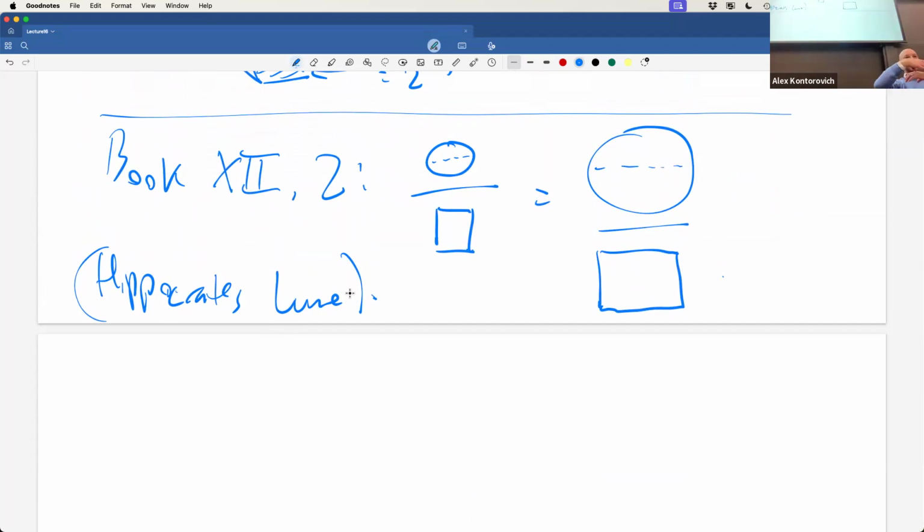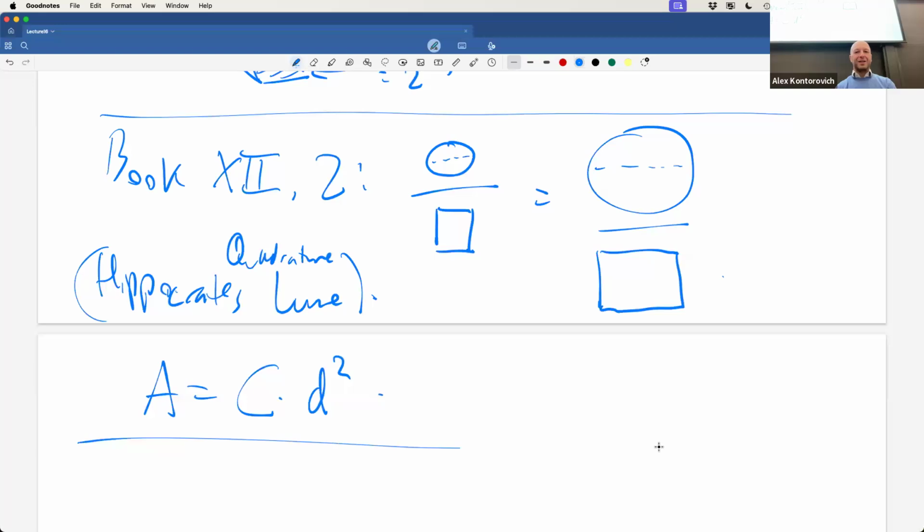Yeah, the way we prove the quadrature, the reason we had quadrature of that was that we knew when we increased the base by a factor of square root of 2, it turns out, it made the area double. Yeah. So it's like the areas of circles, hopefully this doesn't look like a sphere, this is just meant to be a diameter. So area of circles is quadratic, area is some constant times the diameter squared.